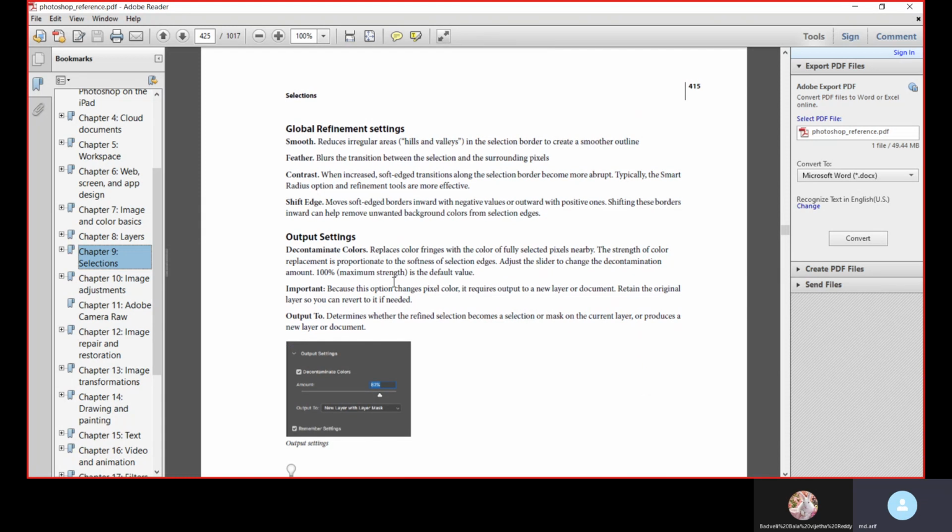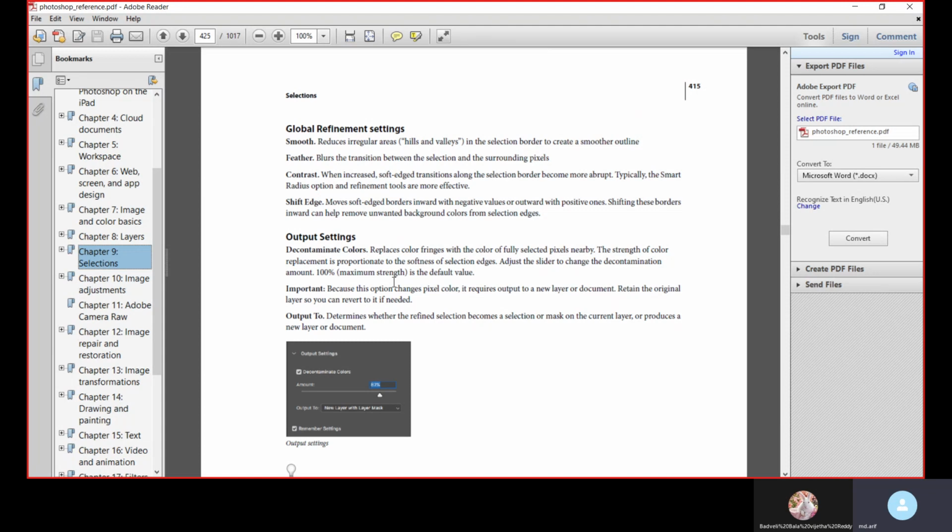Global refinement settings. Smooth reduces irregular areas, hills and valleys in the selection border to create a smoother outline. Feather blurs the transition between the selection and the surrounding pixels. Contrast, when increased, makes soft edged transitions along the selection border more abrupt.